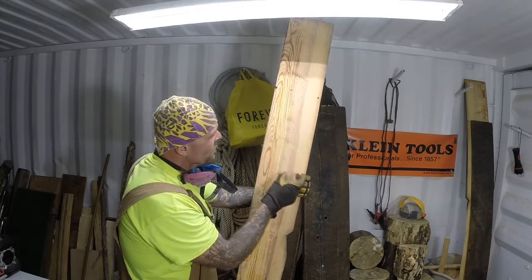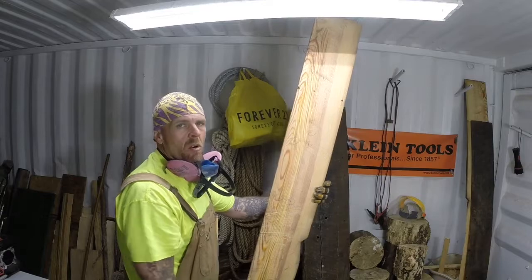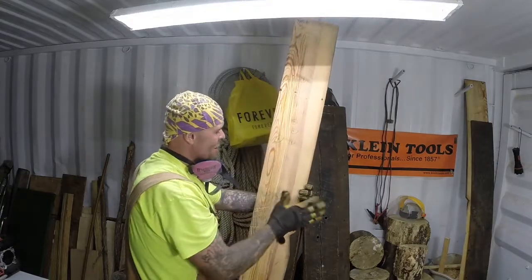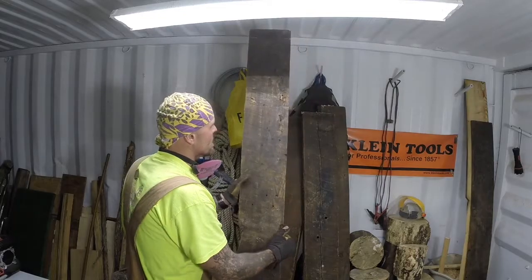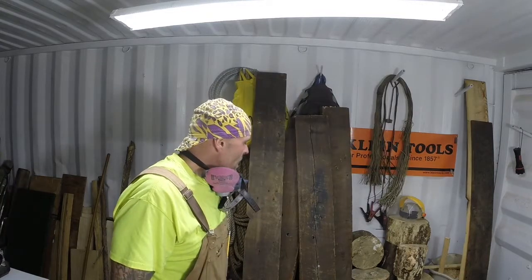So I ran it as far as I could, and then I had to take a Sawzall and cut the rest of the way. There was about an inch and a half down the middle of all of them that I had to cut with the Sawzall. So I'm going to get these nails out of this one. I'm going to plane this side just so they're flat. That's going to be the downside. This is going to be the finished side. The side that's up, there's some imperfections in them. I'm going to run these through the planer, and then I